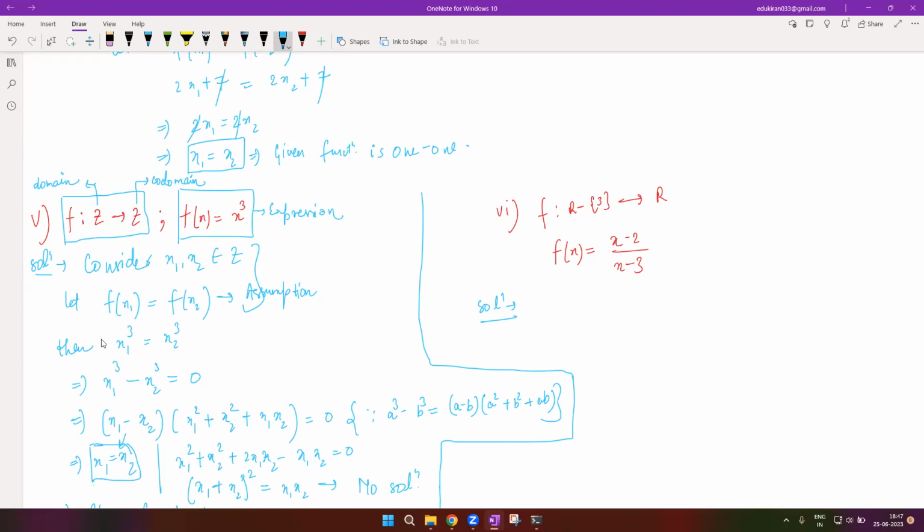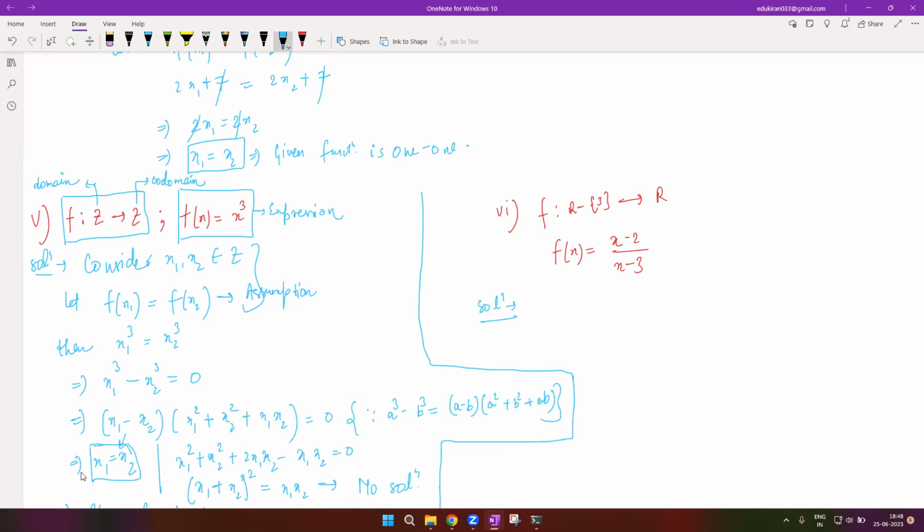Yes, so we will start by taking two unknowns x1 and x2 and we will assume that both of these unknowns or both of these inputs are producing the same output. तो first two lines will always be the same. x1 x2 हम कोई भी दो इनपुट उठाएंगे और assumption लेंगे कि f(x1) और f(x2) दोनों की वैल्यू इक्वल है। अब अगर हमारी इस assumption का आंसर सिर्फ एक आता है, which is x1 is equal to x2, तो इसका मतलब ये है कि आपका आउटपुट सेम था f(x1) और f(x2), तो आपका इनपुट भी सेम है। मतलब सेम ही इनपुट पे सेम आउटपुट आ सकता है, ऐसा कोई दूसरा इनपुट नहीं होगा जिसमें सेम आउटपुट आ जाए। तो इसका मतलब फंक्शन हुआ 1-1।